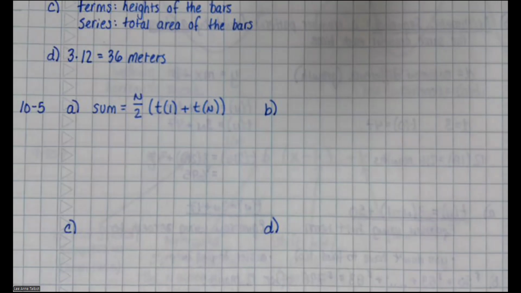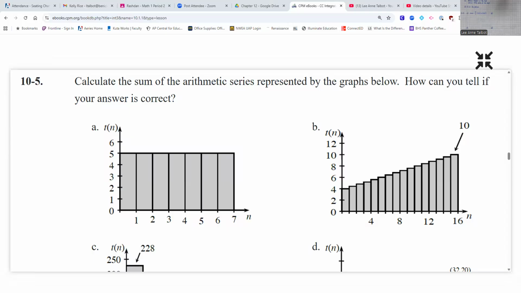Okay. And here is the graph that we're looking at. I want you guys to look at the bars. Can you tell that this is saying 5 plus 5 plus 5 plus 5 plus 5 plus 5 plus 5? Can you tell that that's what that's saying? Okay. How many numbers am I adding up? 7. Okay. So on your paper, write